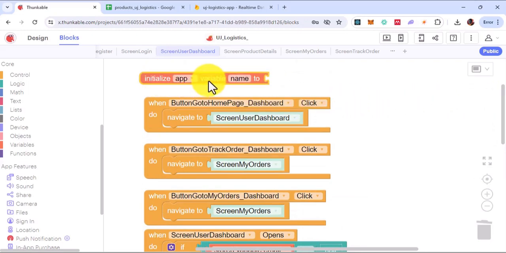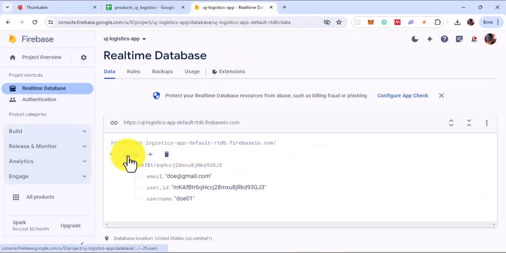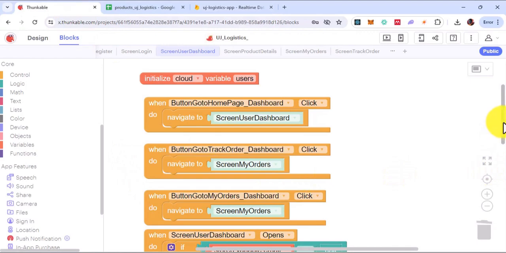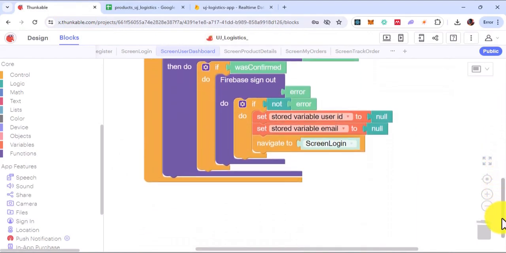So I'm going to be initializing this, meaning that I want to fetch whatever record that is called users from my database. So cloud variable users, to go to my database and look for a variable that is called users. So this must be the same with this, otherwise it will not work. So having done that, I will then go ahead to say